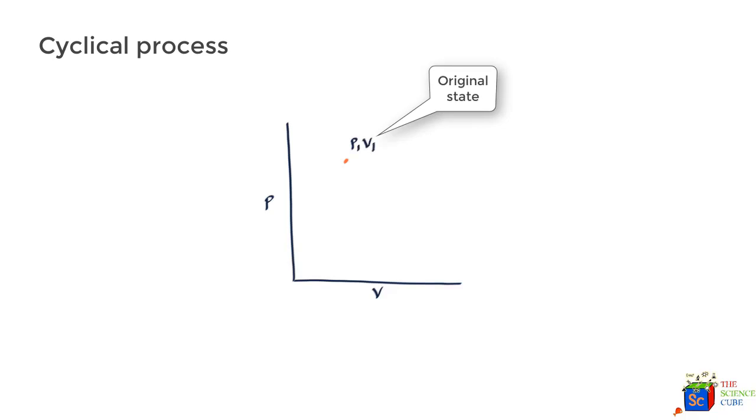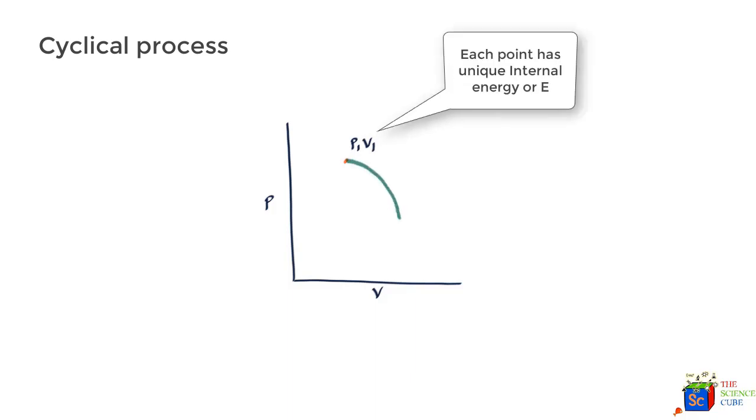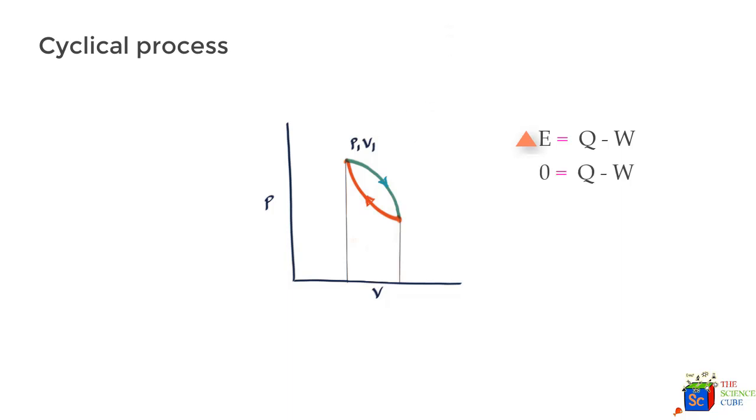Now, since the state of a gas on a PV graph indicates its internal energy too and is unique to that point, if we are bringing the gas back to its original state, we in a way restore the internal energy of the gas. So we can say that there is no change in the internal energy of the system, or 0 is equal to Q minus W, or Q is equal to W, or whatever energy is added to the system ends up in work done by the gas,